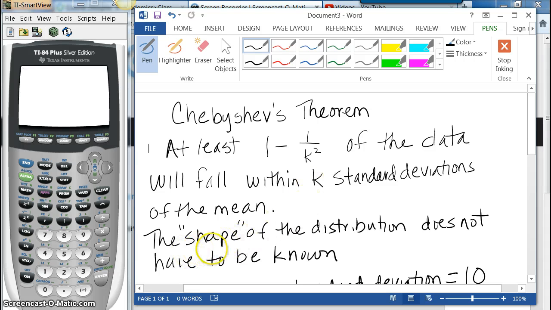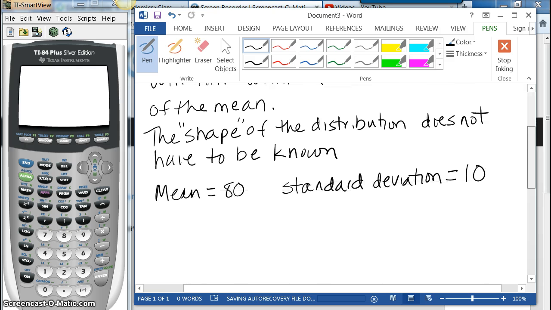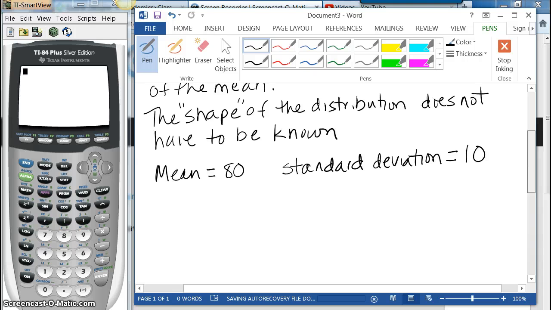In order to use Chebyshev's theorem, we do not have to know the shape of the data. The data could be skewed or it could be symmetrical. It doesn't matter. For this question, we're going to assume that the mean is 80 and that the standard deviation is 10. And the question is asking us at least what percentage of the data will fall